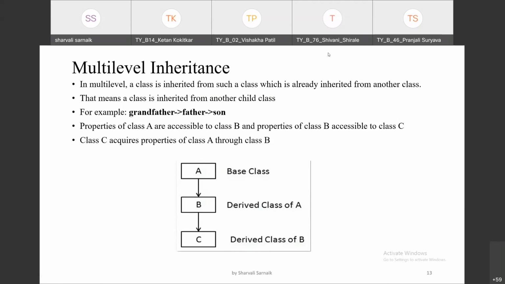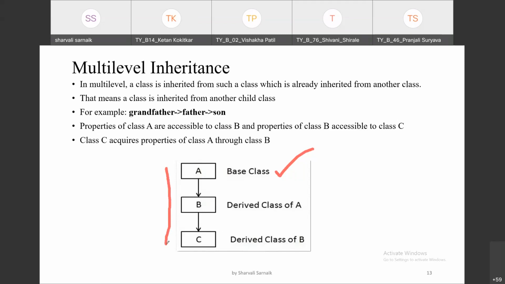Suppose there is one class A called the base class, and one class is deriving the features of another class. So class A is there, class B is there and class C is there. Class C is deriving the features of class B and class B is deriving the features of class A. If this is the flow, then we call it multi-level inheritance.